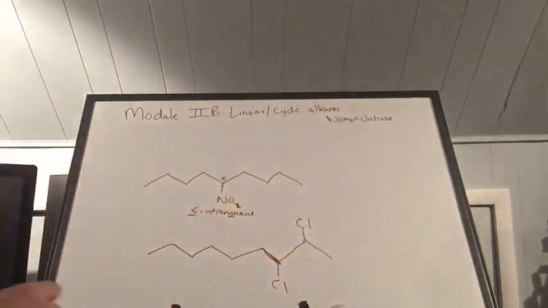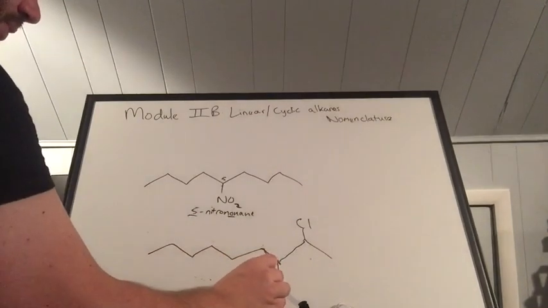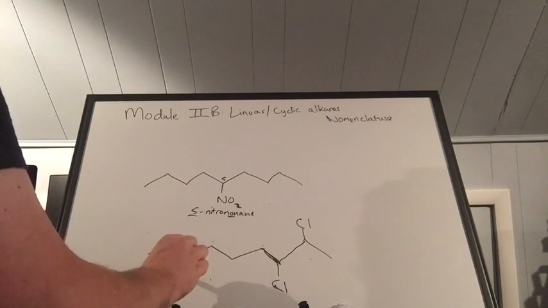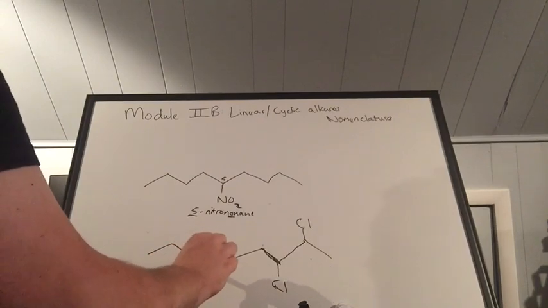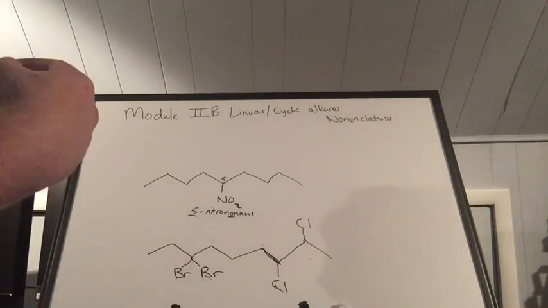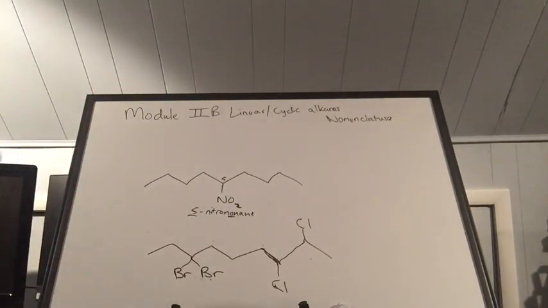So this is a nitro group, this is a chloro group. And then these are bromo groups. So bromo, fluoro, chloro, iodo, those are all halo or halides or halogens that are hanging off of a particular